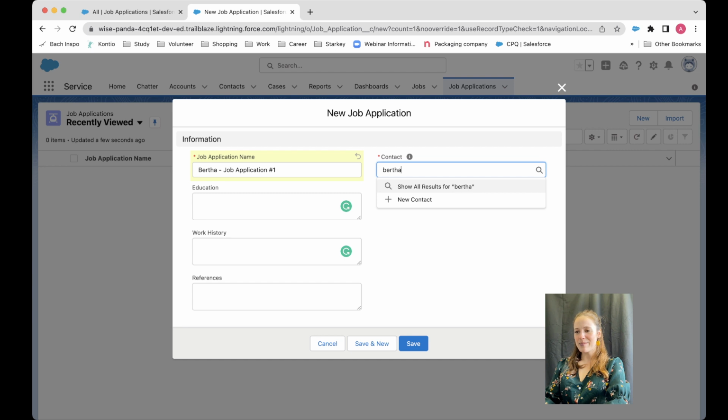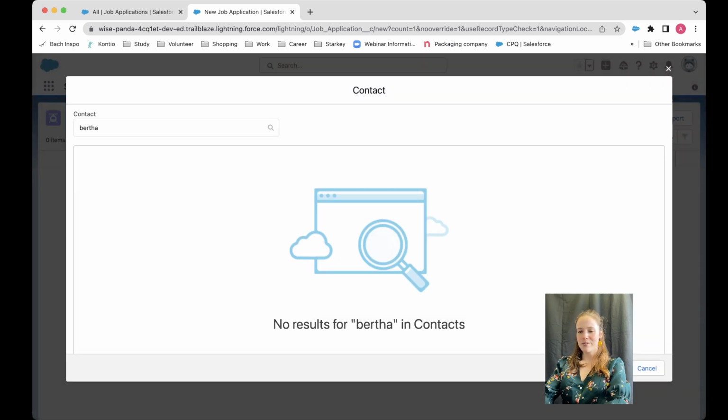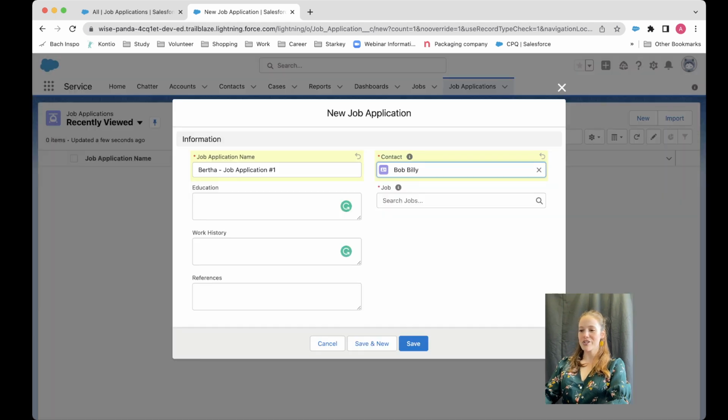who I'm sure there's a Bertha. Is there a Bertha? Maybe there's not. No Bertha. What do we have? Anyone? I think there was a Bob, wasn't there? There you go, Bob Billy. All right, and what job is he applying for? The Salesforce admin role. Okay, so now I can save this,